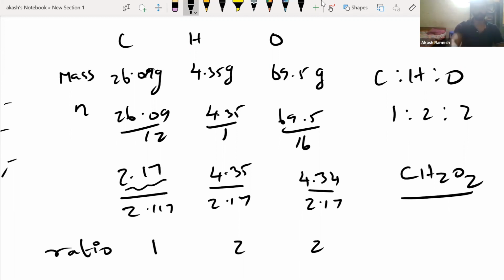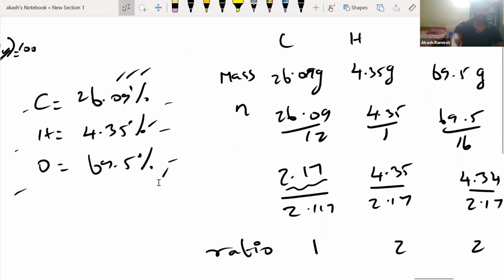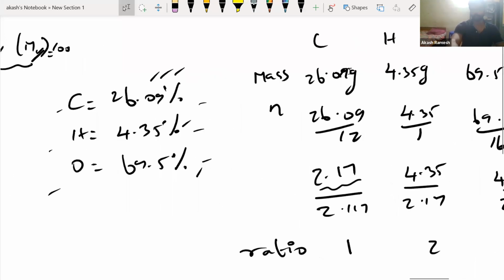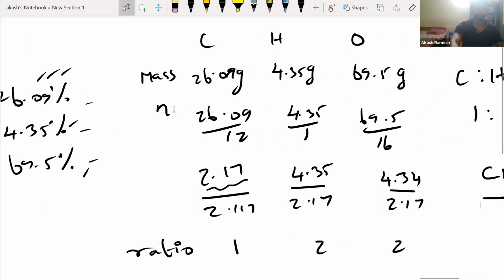So I'll just repeat what I did, guys. Very, very simple, this kind of questions. They will just give you these percentages. From the percentage, you directly take the percentage as mass. You make the table first. In the table, you write what are the elements present and two things, mass and number of moles. You take down the mass from the mass percentage. Then you calculate for each element the number of moles.